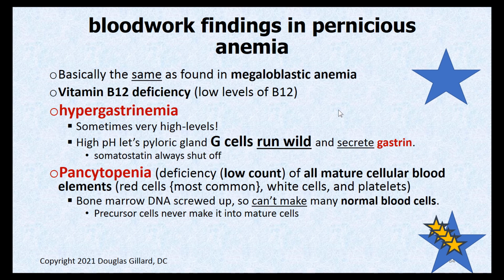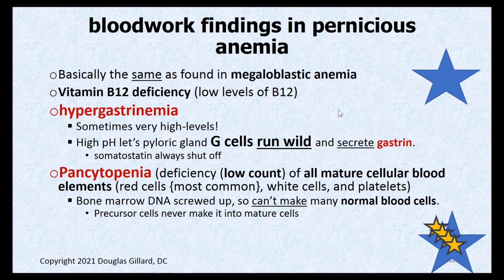Well, the G cells, remember, those things are shut down when the acid gets strong enough. When the pH drops low enough, it shuts off the G cells by stimulating D cells to release somatostatin. But yeah, if there's no acid coming out, if it's destruction of parietal cells, you're not going to have acid. Therefore, there's nothing to turn off the G cells, and they run wild, and you have very high levels of gastrin